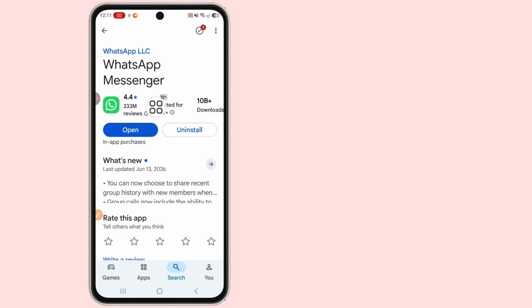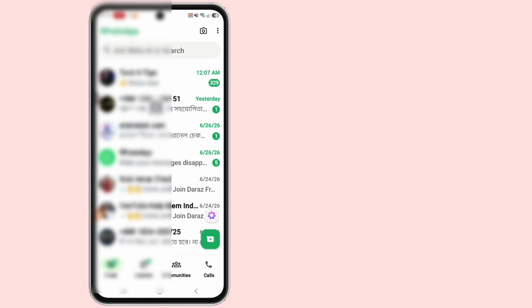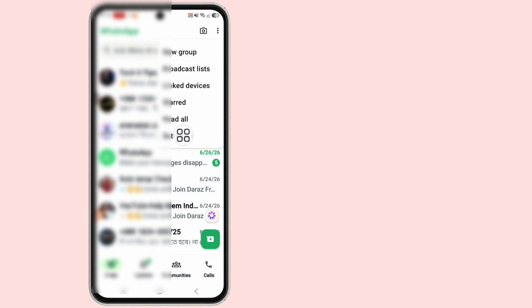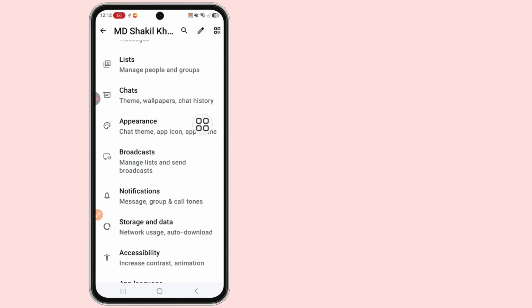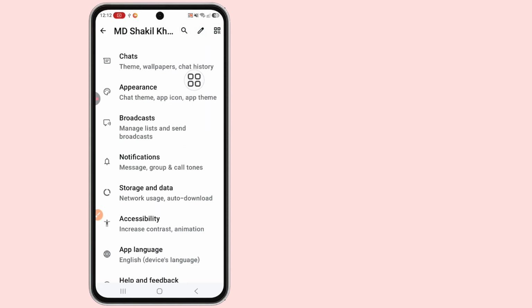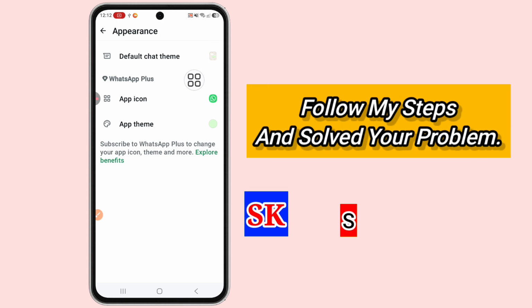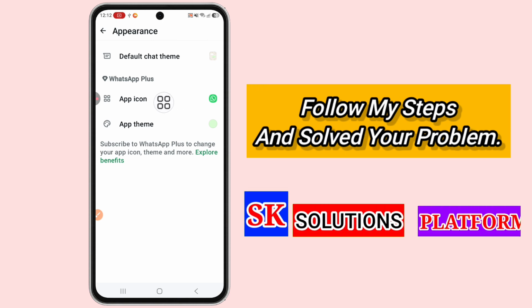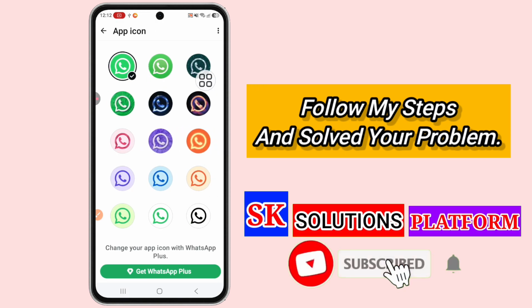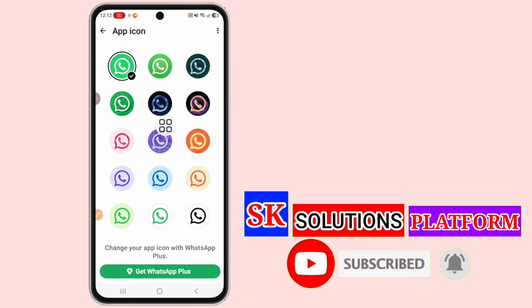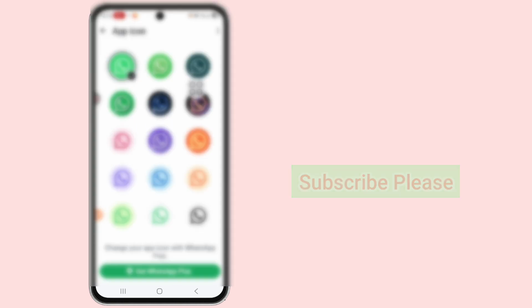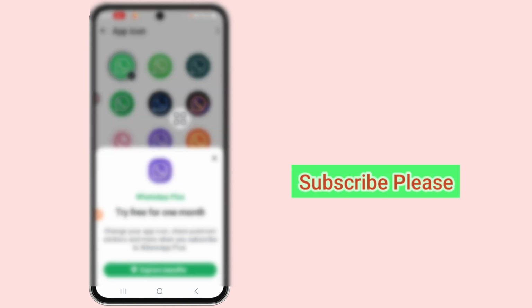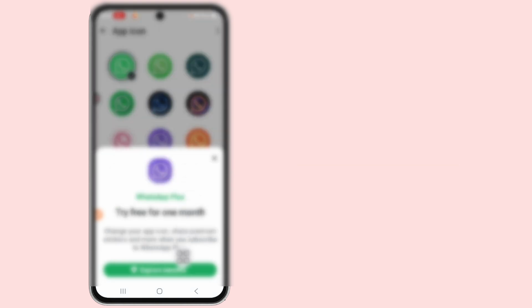Okay, now open your WhatsApp app and tap on three dot line, tap on settings, scroll down, then tap on appearance and tap on apps icon, and now select your choice app icons and tap on explore